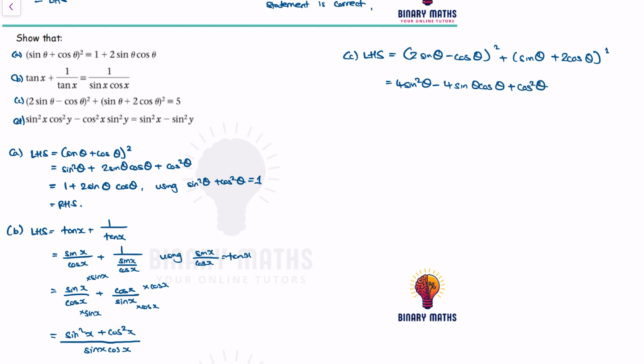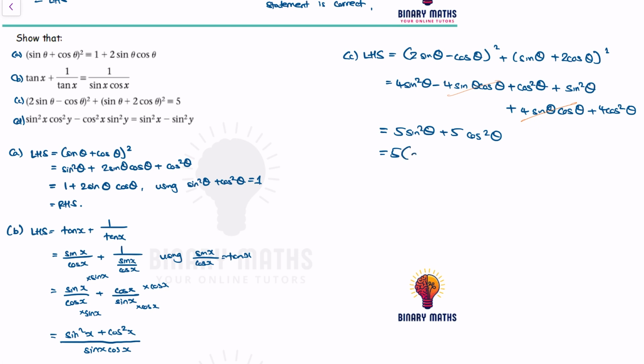When I expand the second bracket, I get sine squared theta plus 4 lots of sine theta cos theta plus 4 cos squared theta. Now what I immediately see is the minus 4 sine theta cos theta and the plus 4 sine theta cos theta cancel out. Got 4 sine squared plus sine squared is 5 sine squared theta. And I've got cos squared theta plus 4 cos squared theta, which is equal to 5 cos squared theta,